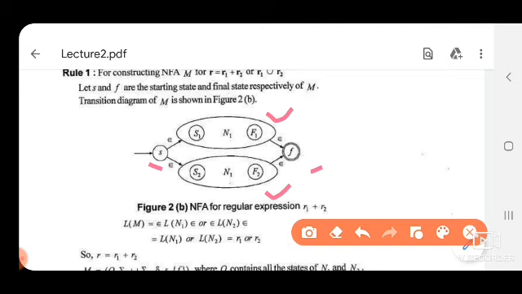Here you see from S to the initial state of N1 there is a null transition, and from S to the initial state of N2.